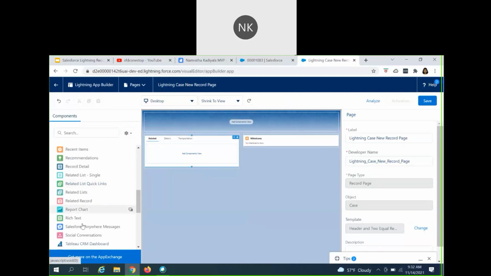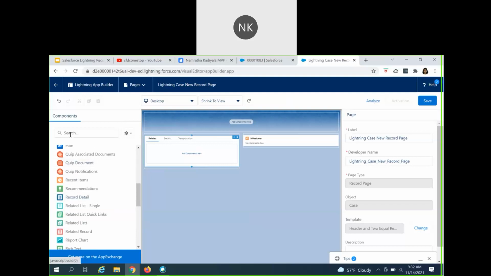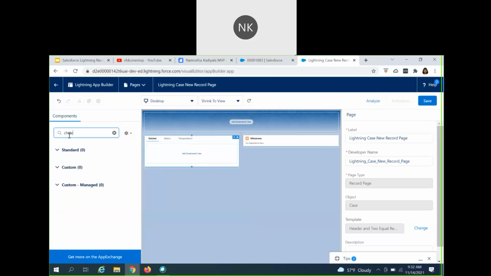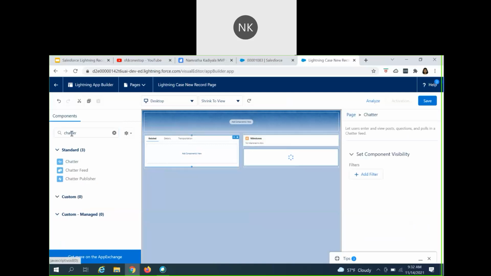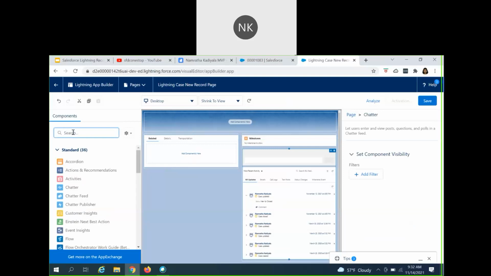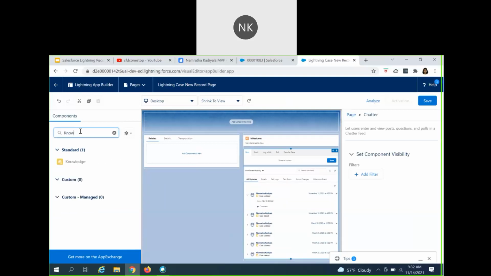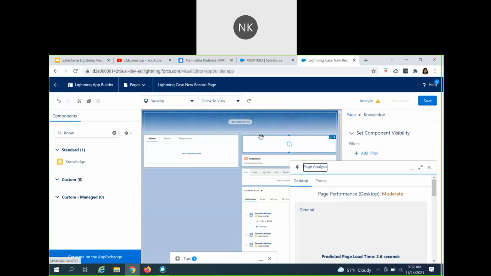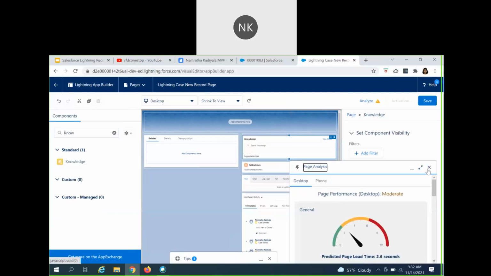Then I would also want to have the chart component. You see, this is the chart. What did I add? Knowledge, right? It did not go. So let's add that. Okay, so we have added it.